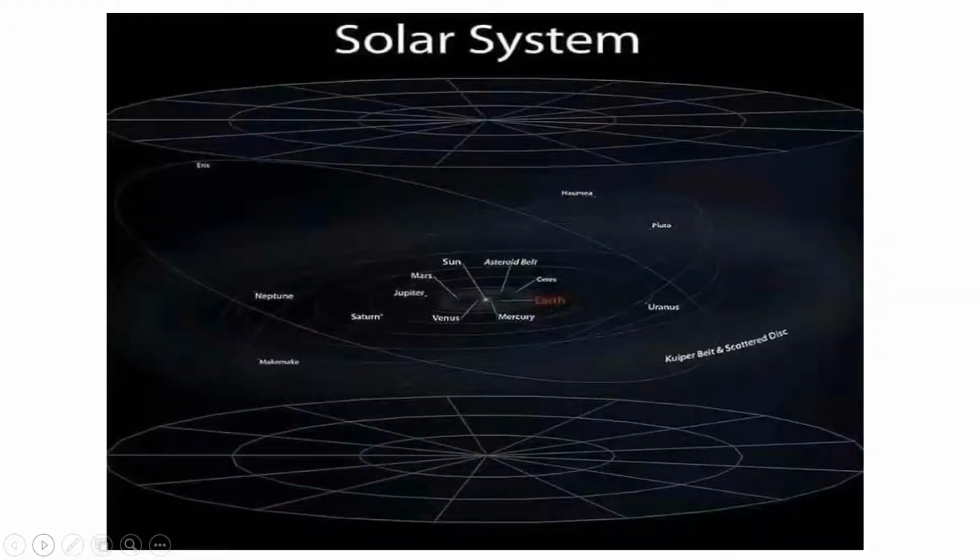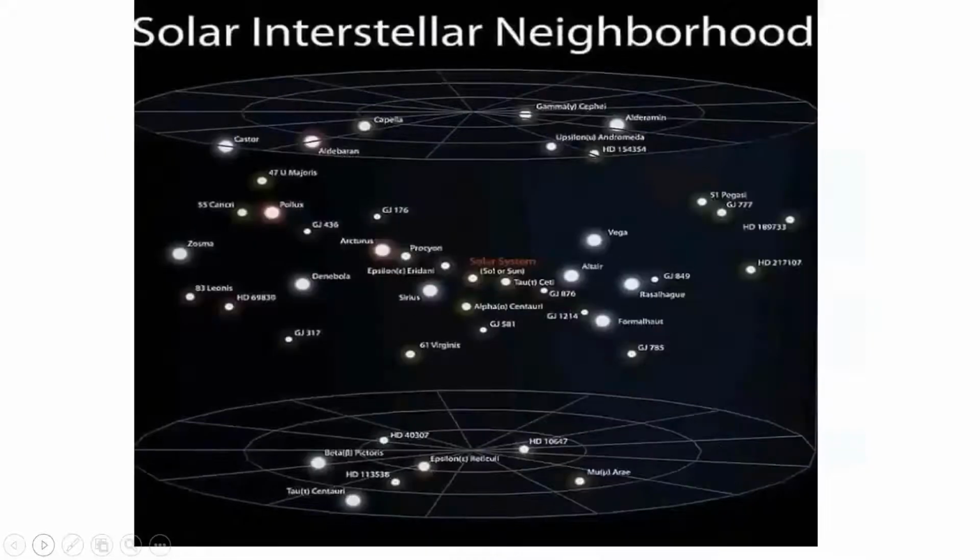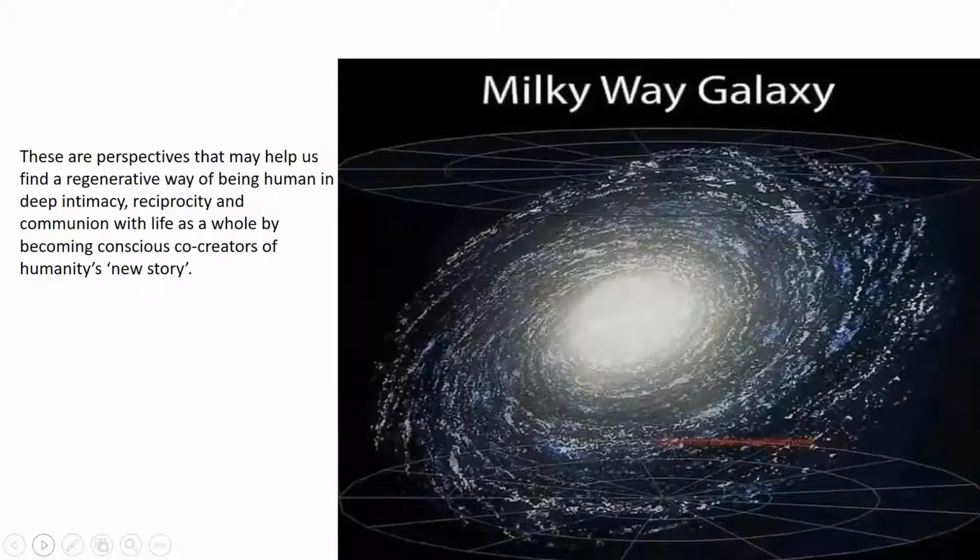So this is Earth, okay? Let's understand what this means. And this is the solar system now. Earth is part of the solar system. Do you see these connections, these orbits? Then we also see how the solar system is part of an interstellar system, where all of them are connected together, where one change in one area is going to impact the rest. And then we have our Milky Way galaxy.